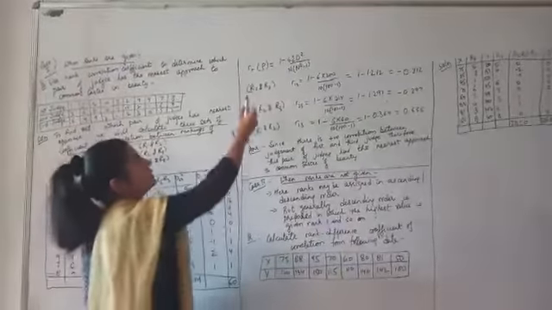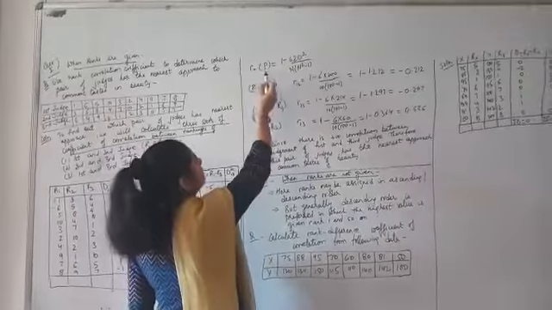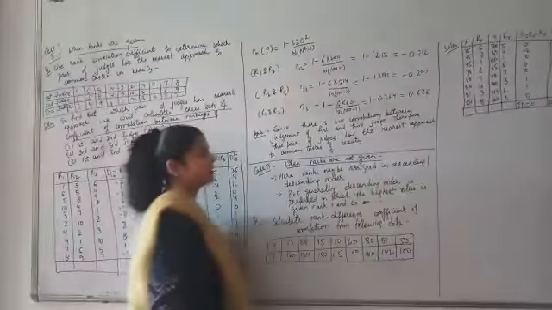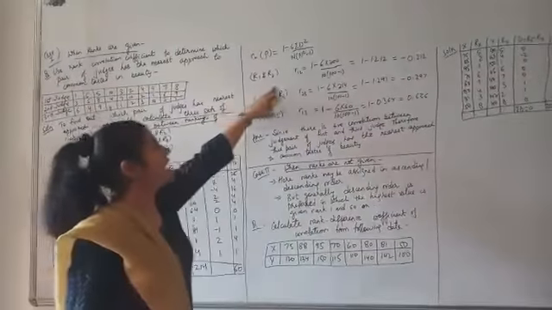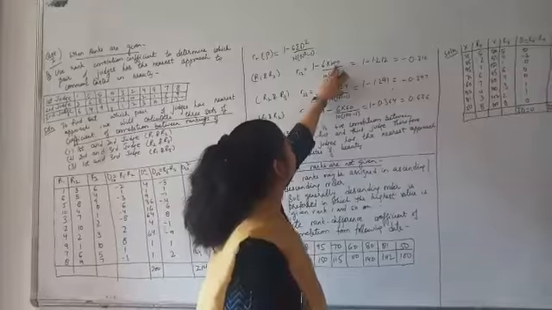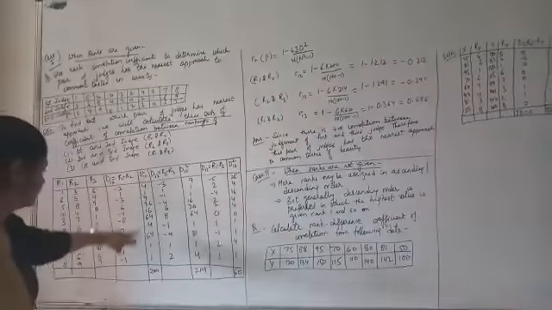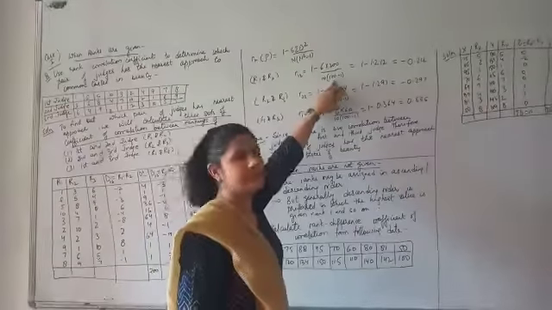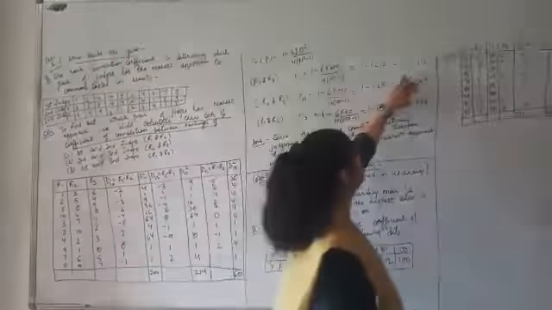Now, the formula is R or rho equal to 1 minus 6 summation D square divided by N cube minus N. First we will calculate R12. That is 1 minus 6, the summation D square for D12 is 200. We will put in the value. N is 10, N square is 100 minus 1, and we will compute the value, which comes out to be